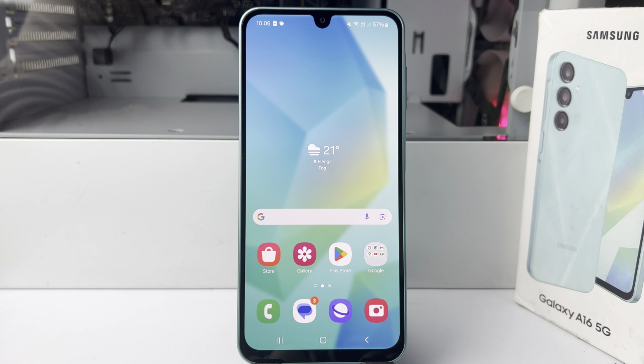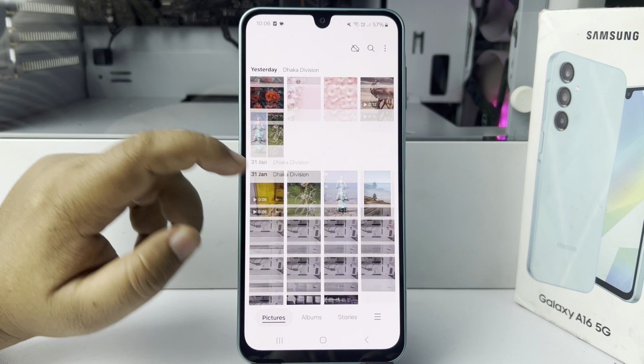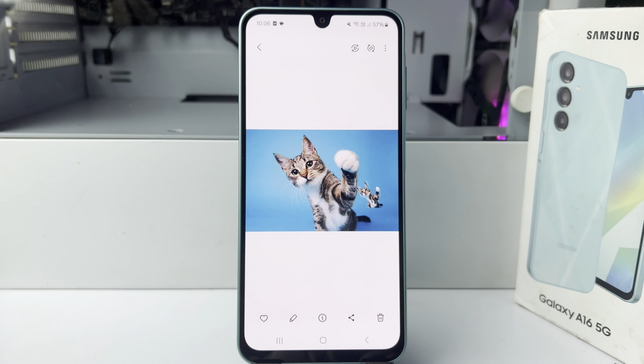Hi, in this video I'm gonna be walking through how to convert a photo to PDF. Open your gallery app and just open the photo that you want to convert into a PDF. Now tap on the share icon